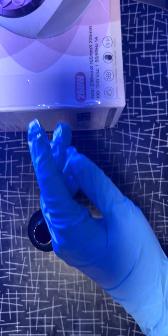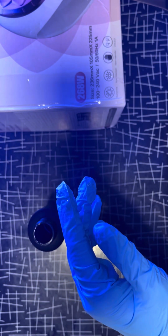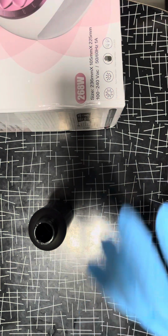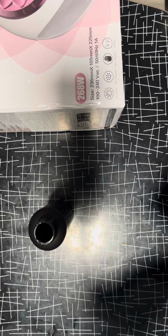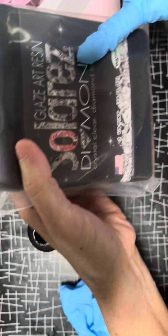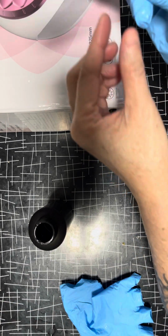Sorry about the bump. This resin is amazing. I'll show you what the brand is in just a second. So this is the brand. I'm going to take off one of my gloves because it's going to end up getting on. It's called Res. So this is the glaze, and then the other one is, I guess you could say...